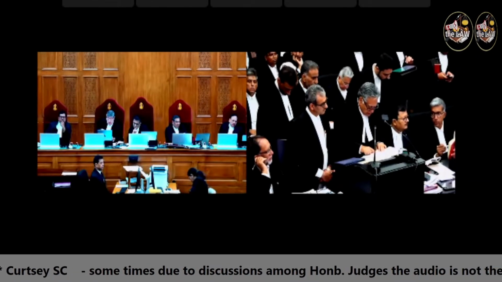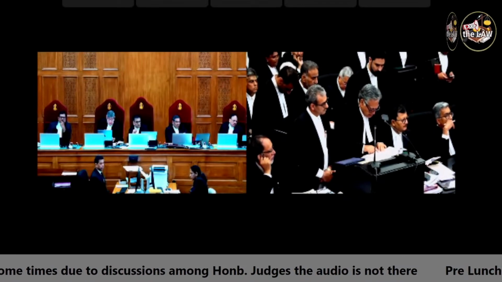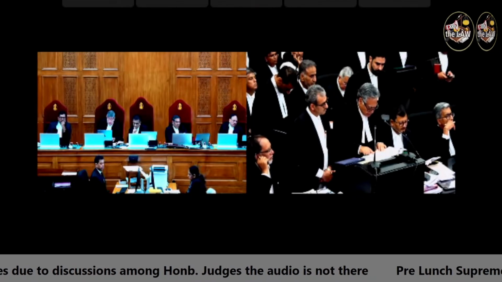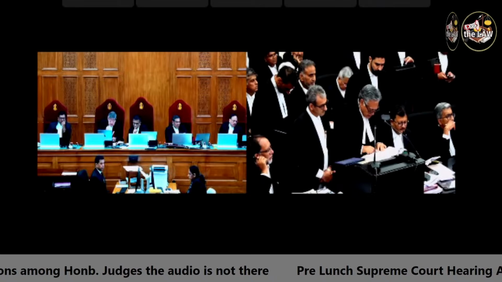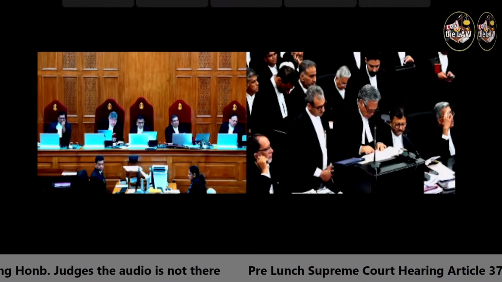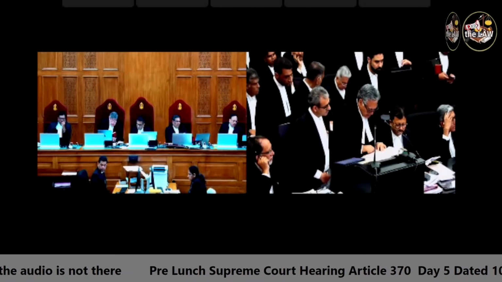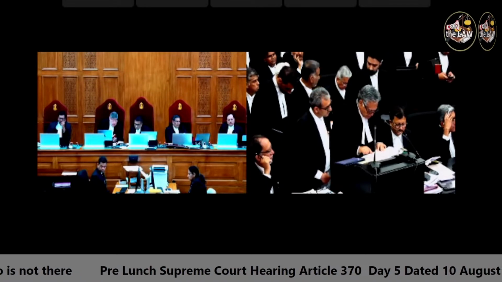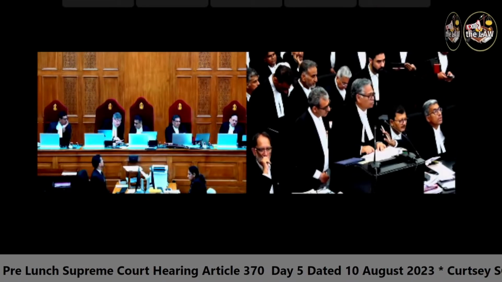No such law as is referred to in clause 2 made by the legislature of a state shall have effect unless such law, having been reserved for the consideration of the President, has received his assent. If any bill pending at the commencement of this constitution in the legislature of a state has, after it has been passed by such legislature, been reserved for the consideration of the President and has received his assent, then notwithstanding anything in this constitution,